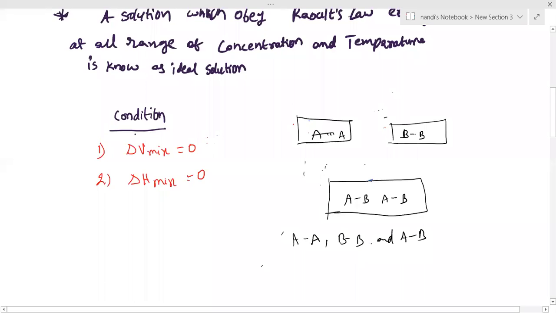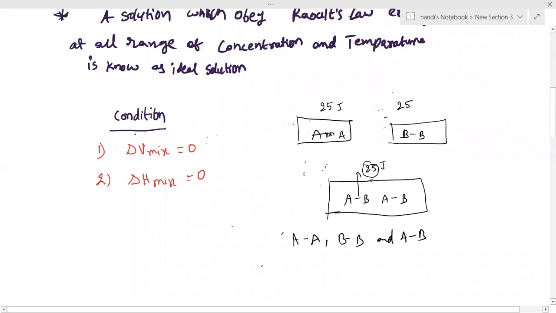When they have the same type of attraction, there is no difference. Whatever the A attraction is, when they attract each other they can release some energy. Attraction is nothing but bond formation, and it can release some energy. Assume 25 joules of energy. Here also the BB attraction is there, assume this is 25 joules of energy. When A and B attract each other, this also has the same energy, 25. So there is no change in attractions.